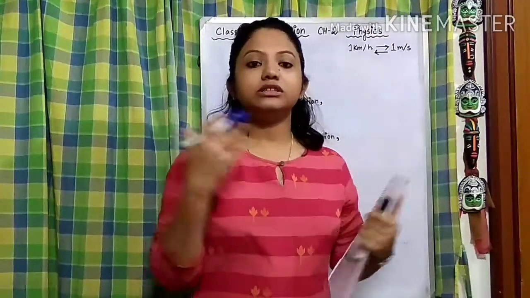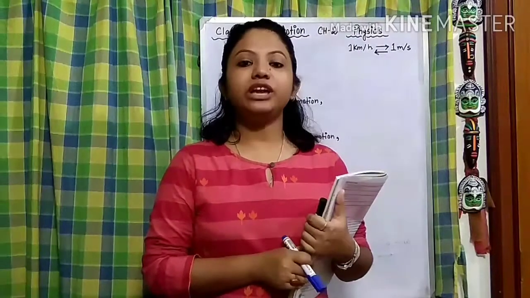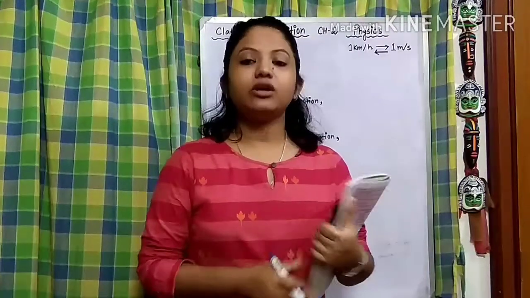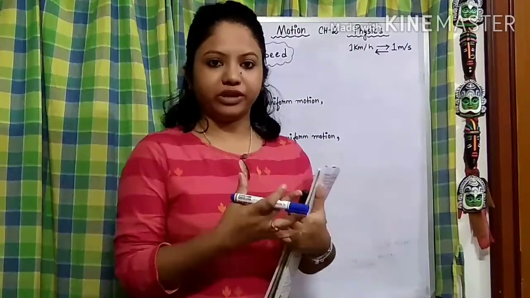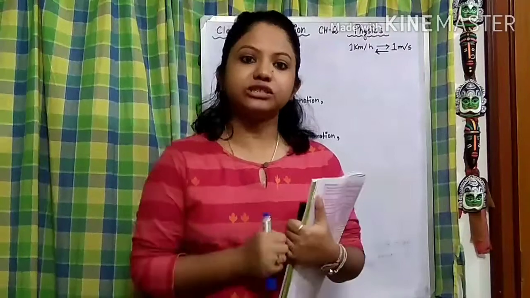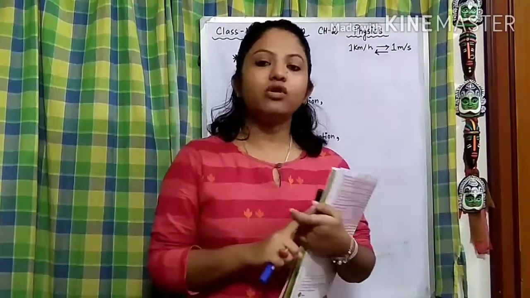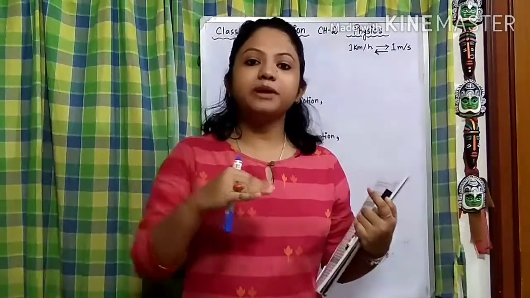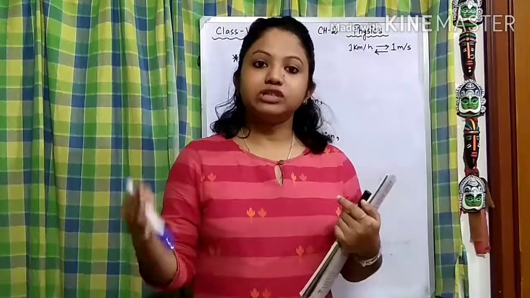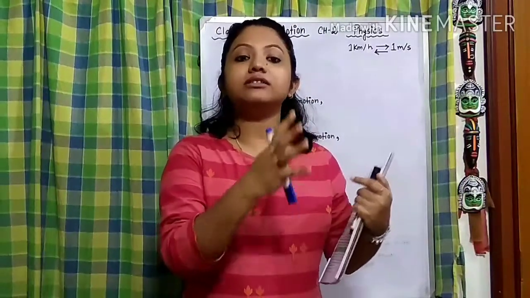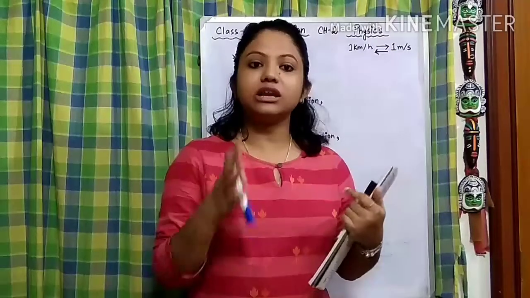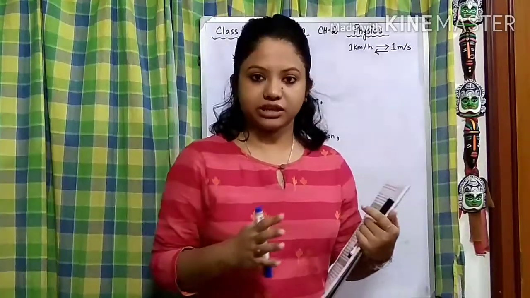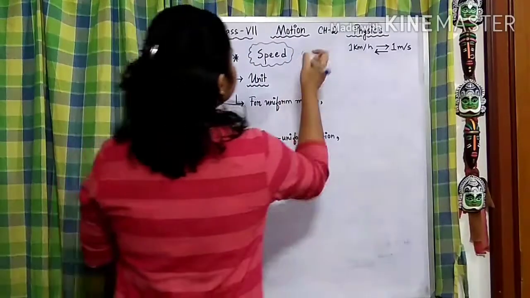Now after the types of motion, if we are talking about speed, so what is speed? Now if a body is moving, how are we going to measure it? We have to measure it by some parameters, right? So we have already said that we measure any body that is moving with respect to what? The distance and time. So this is how we find the speed. So what is the relation of speed with the distance and time?